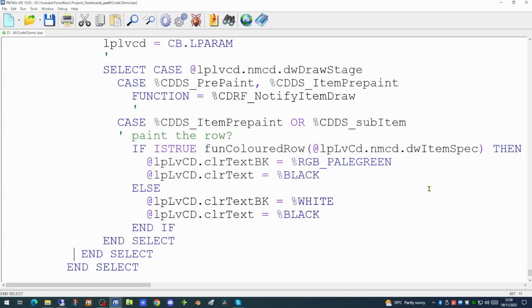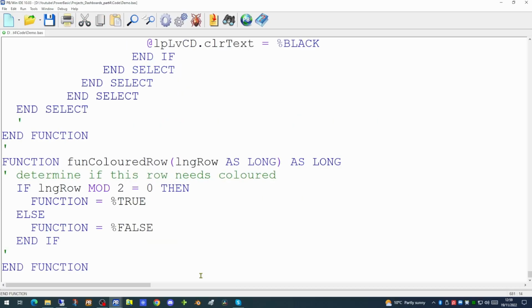This code is fairly generic for list view boxes. The key bit in here is this function here which we're about to create. This is a function that works out whether the row needs to be background coloured or not. And this function is using the mod command, basically to work out whether the row is an even number or an odd number.